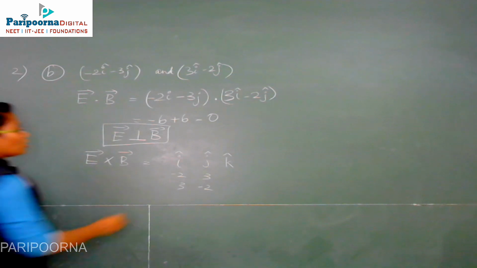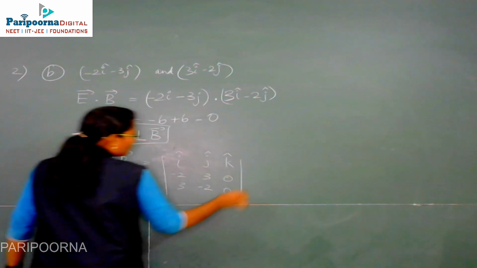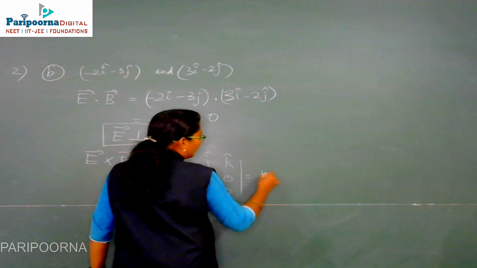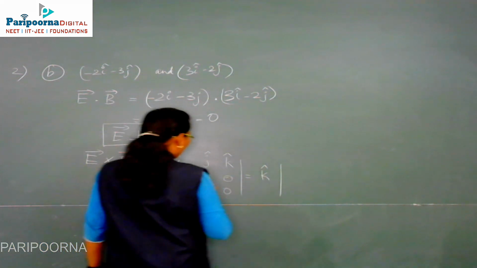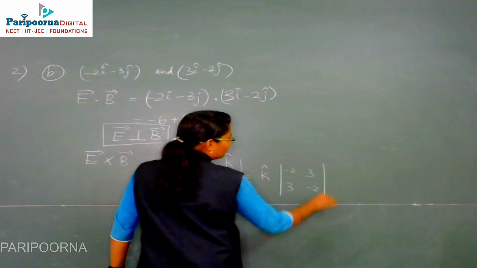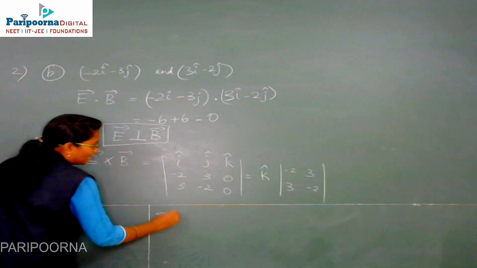Can you follow? For k there is no value, so we can put it 0. So, when we solve, what will we get? K is 0, no? So, we can take k outside and simply keep the other values: minus 2, 3, 3, minus 2. When we solve this in the matrix form, you will get 13